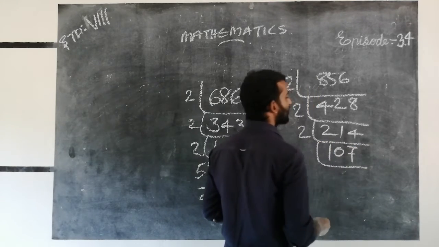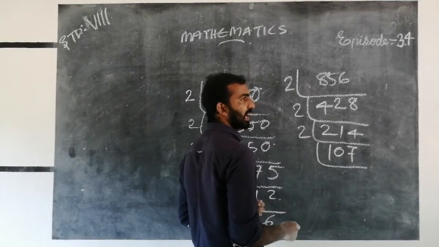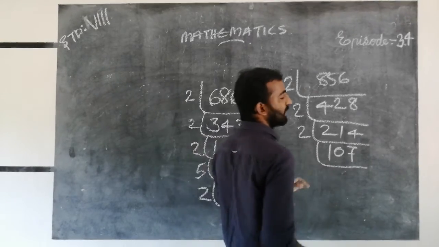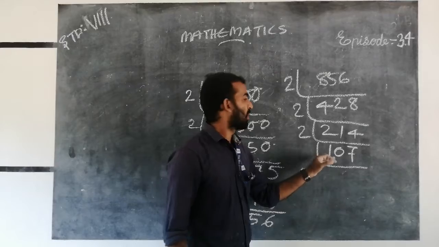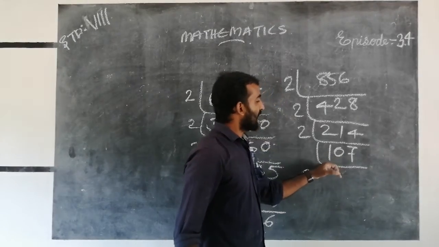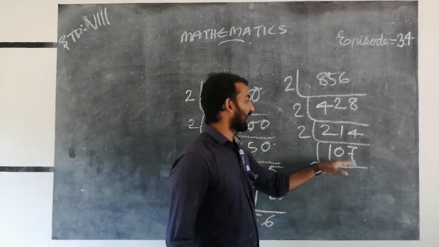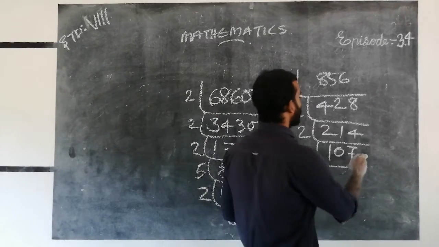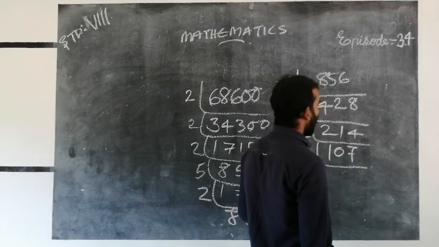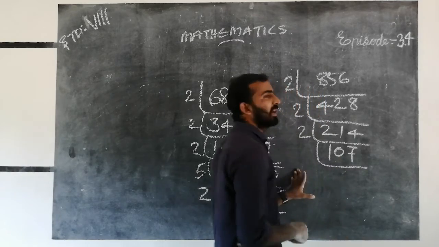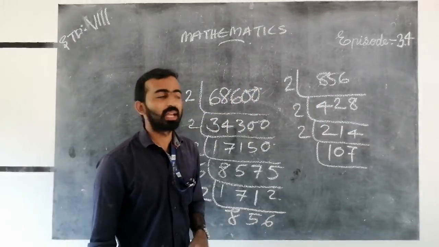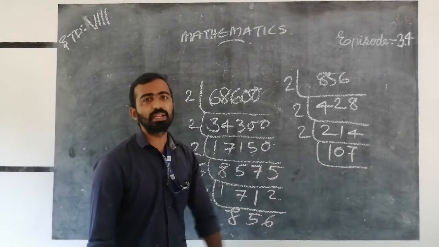And here what do we get? Which number can we take here? Is it 3? No. 5? No. 9? 9 is not a prime number. And next one is 11. Can we take 11? 11 into 9 is 99, and 10 is not 11. And next, which number do we take? 30. 30 into 7 we get.